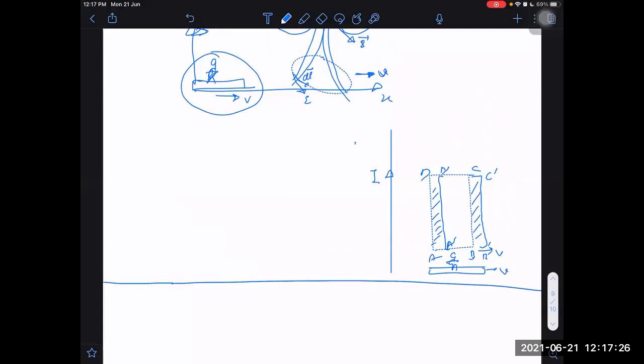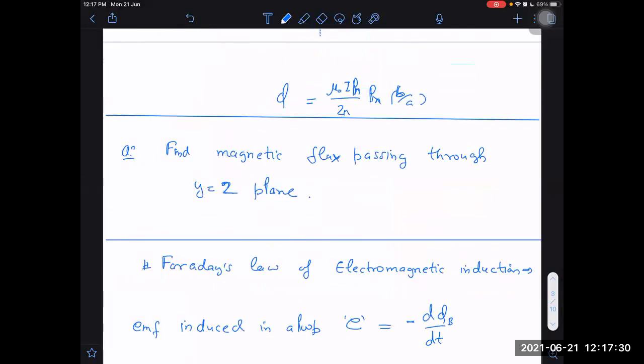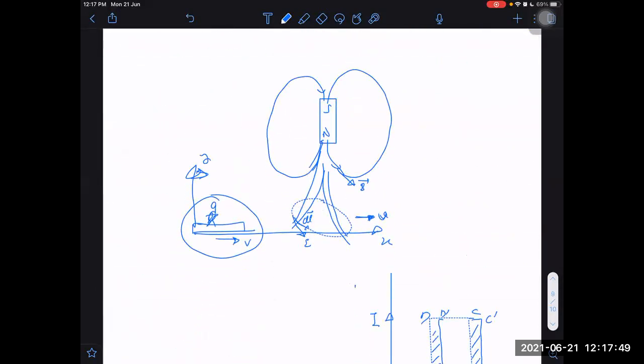Now there are two points of view. Some person will think the loop is stationary, only the flux is changing. But can the flux change automatically without any motion? I think not. Some magnetic field lines which were first passing inside the loop are coming out of the loop, and only then can there be a rate of change of magnetic flux. Those field lines can come out of the loop only when either the magnet is moving with respect to the loop, or the loop is moving with respect to the magnet. These are the ways possible by which we can change the magnetic flux.